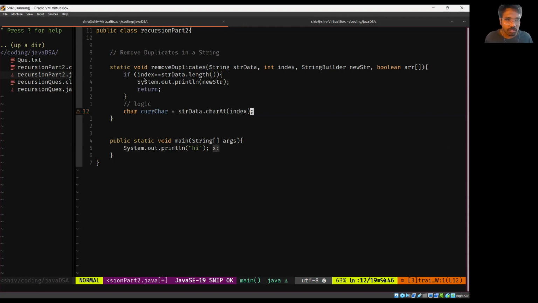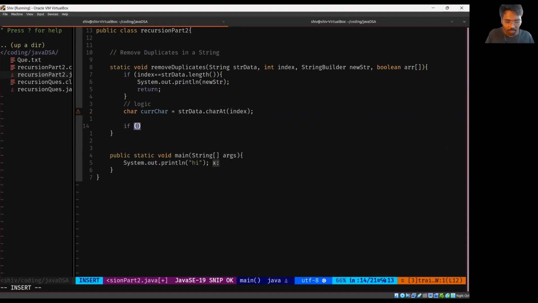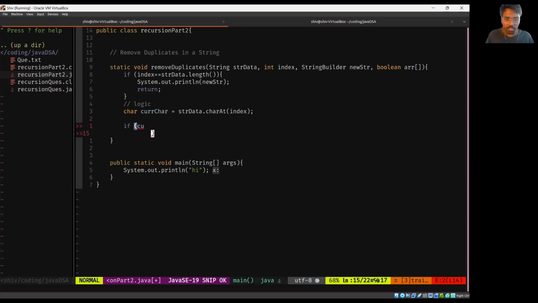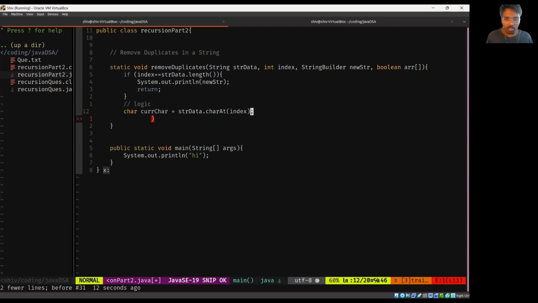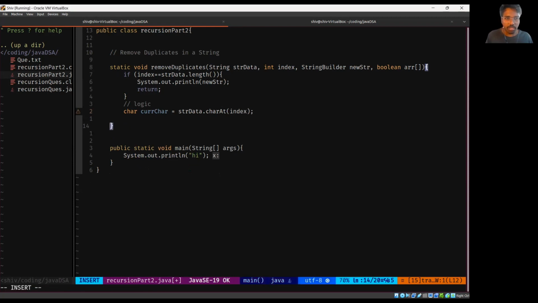Okay, fine. Let's go with the next one. Insert. Okay, once we get the current character, we have to check. I can't do undo also. For example, if I do undo, it doesn't work. I'm not sure what's the shortcut here. Let me do double D. Okay, deletes, insert, enter, up, tab,